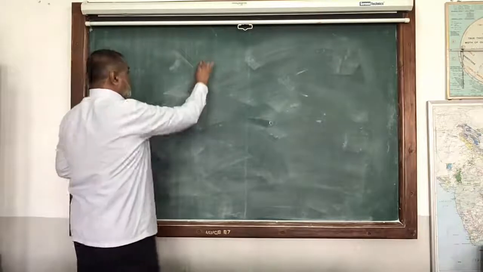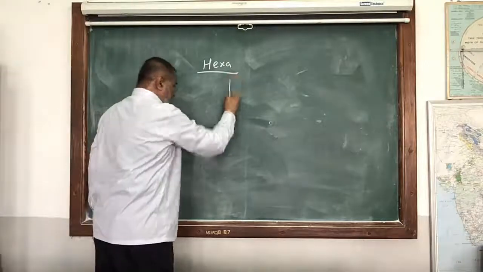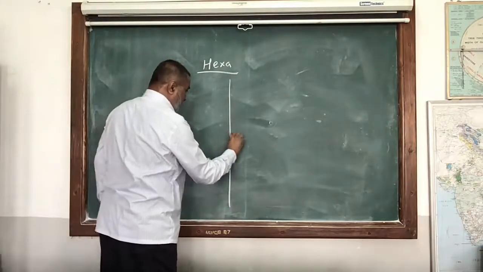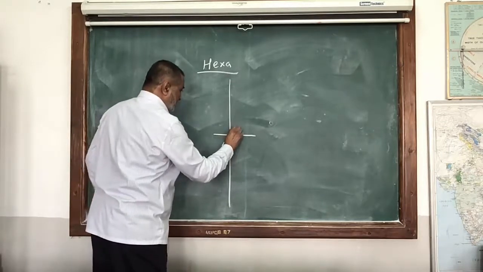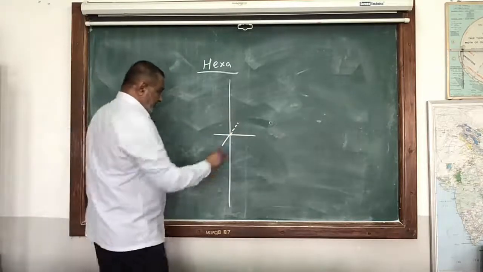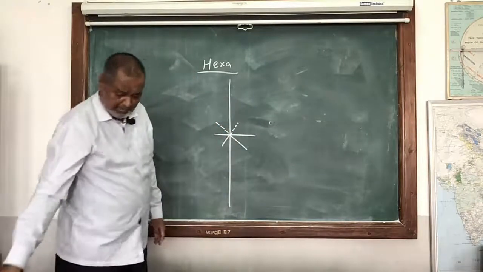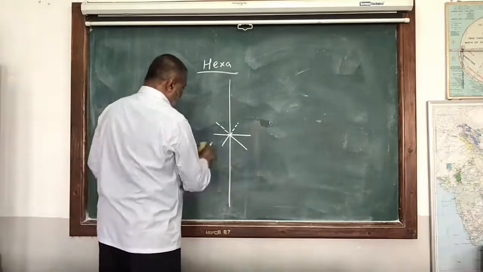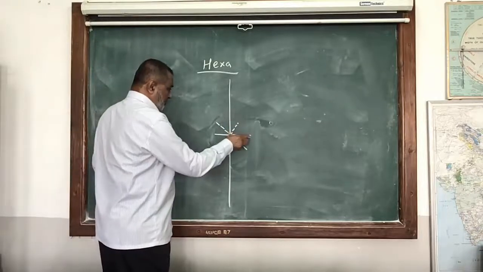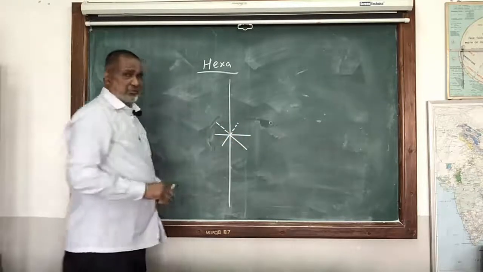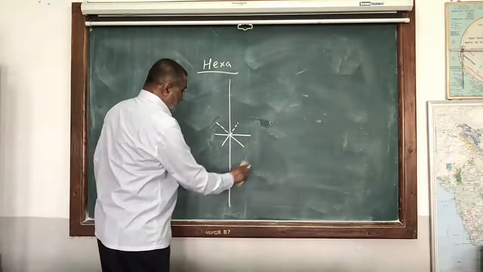Now in the case of the hexagonal system, what is happening? C is the longest one. This is your B axis running from right to left. This is your A axis running from front to back, slightly shifted. And one more axis will be introduced here. Now see, once you see this, the lengths should be equal. Whatever we have drawn, you will immediately come to know that whatever size we have taken, more or less, once you see this diagram, you have to see that these are equal in length.